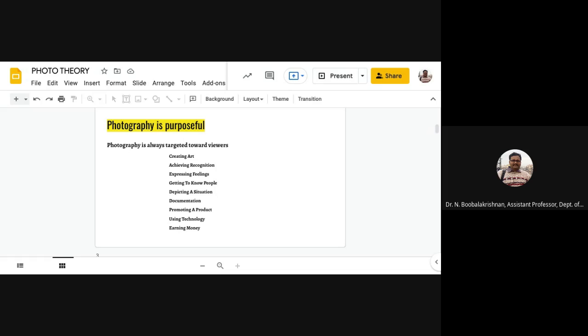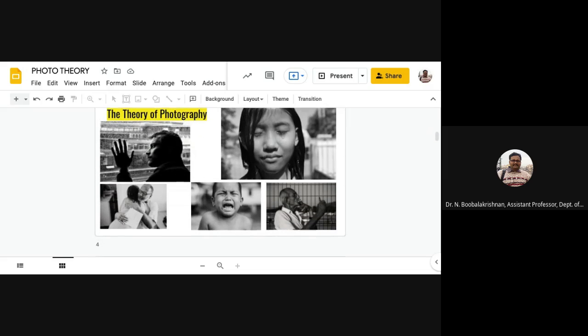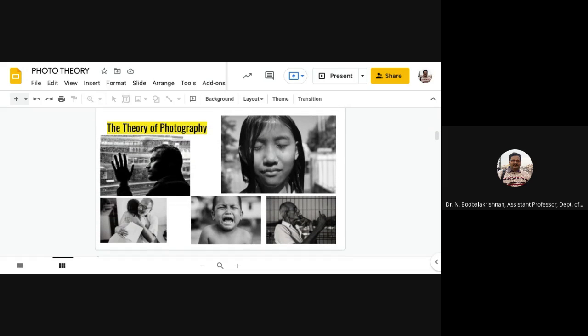Again, go and revisit your folder, take your photograph and see what the purpose of that photograph is. See the theory of photography. Regardless of your purpose or motivation for taking pictures, there are a few things to keep in mind as you read about and study photography. For example, there are many different approaches to photography.